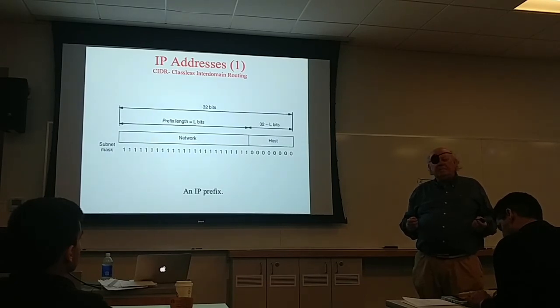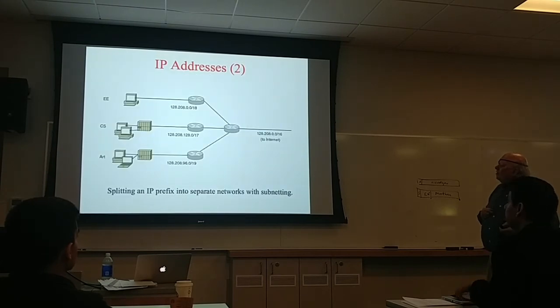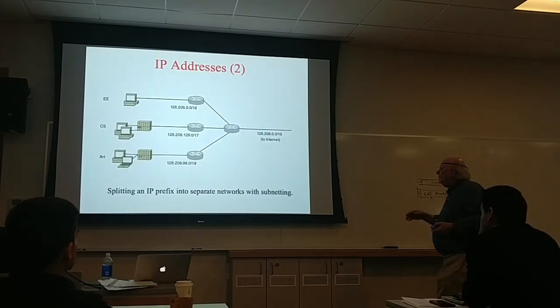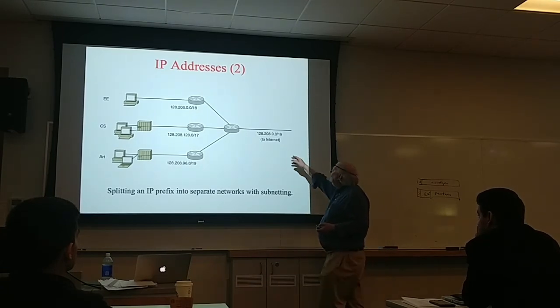Okay? And I can have networks with smaller numbers. And so I use that as my routing entry, just the prefix there. Okay? So that says that I can split an IP prefix into separate network subnets. So here I have,